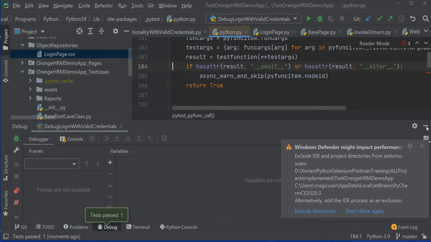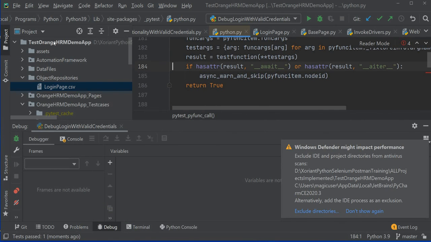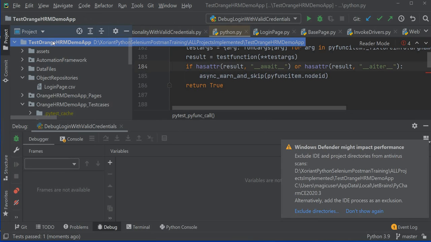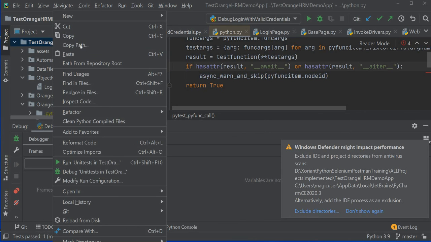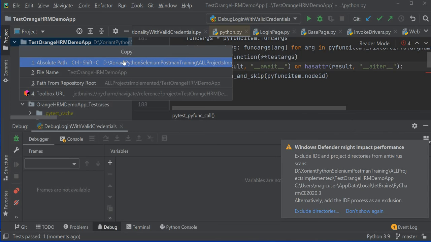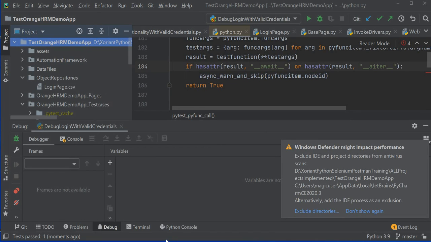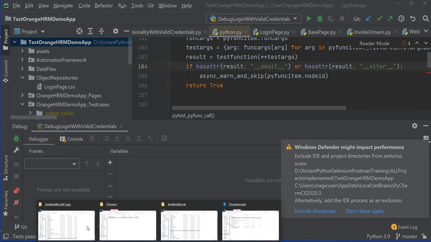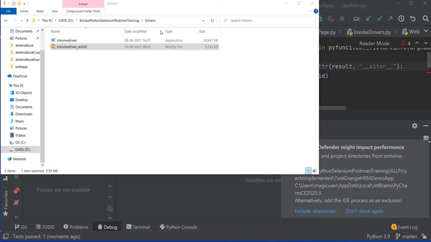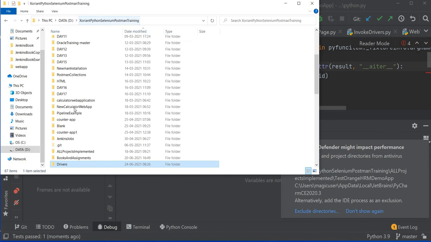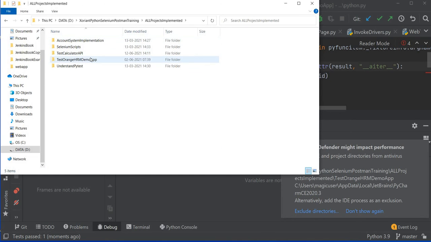Now let me push this. Just hold on for a second. Copy XPath, copy path. This is where I am. Correct. On projects implemented. So this is our project, the automation project.